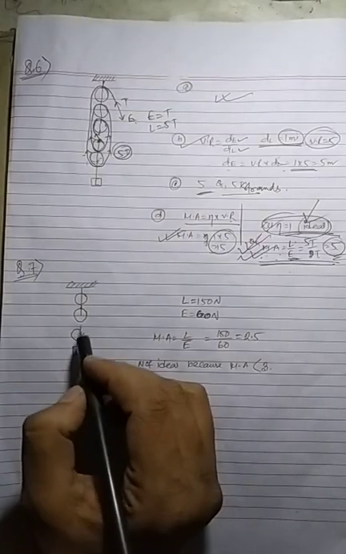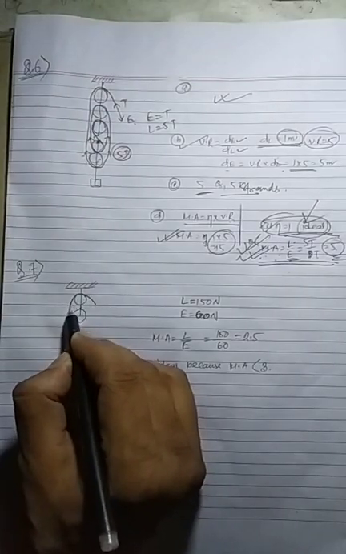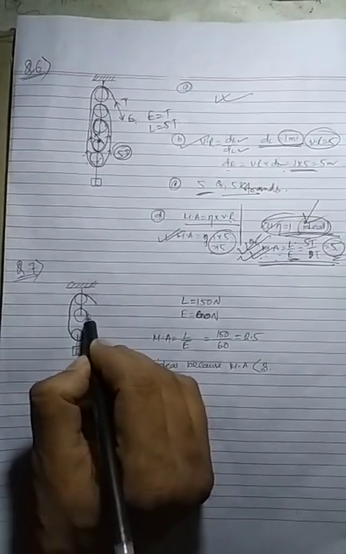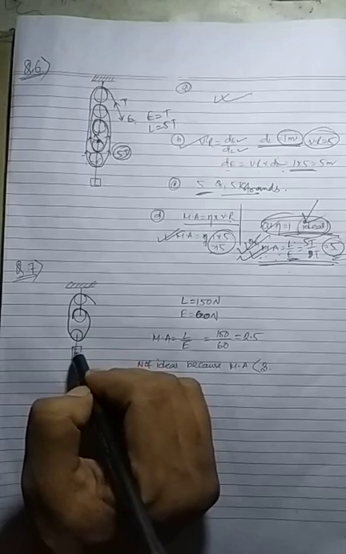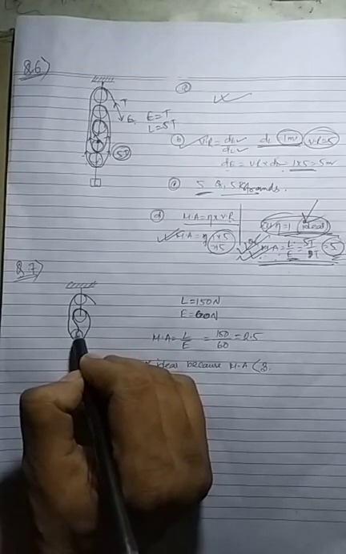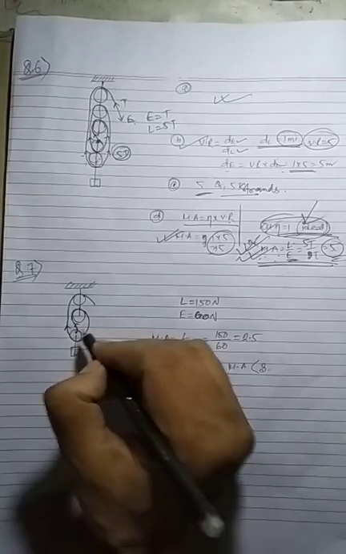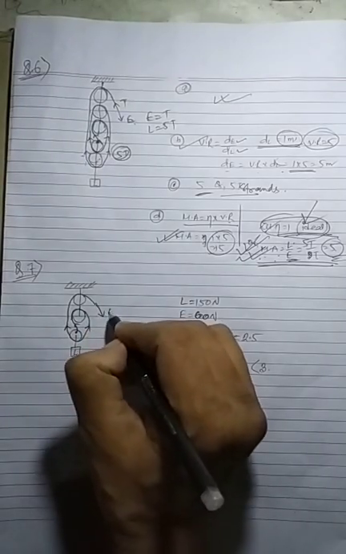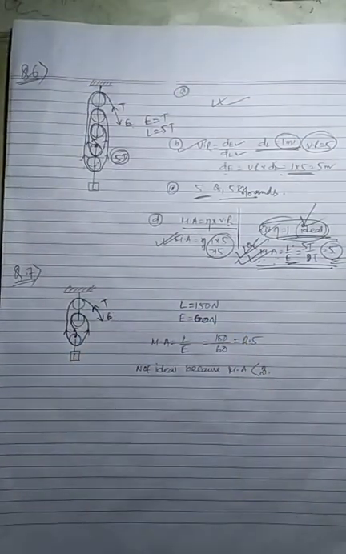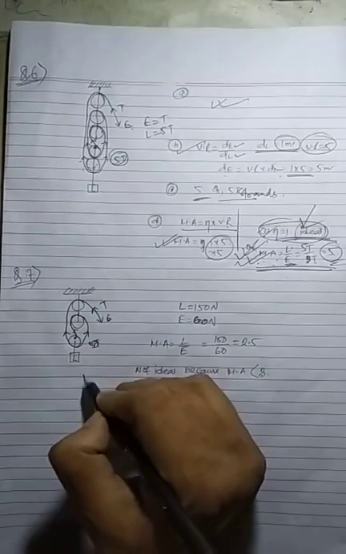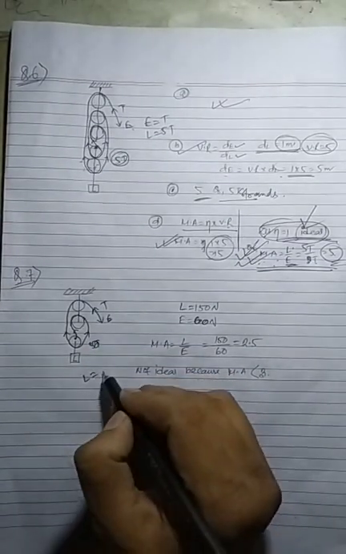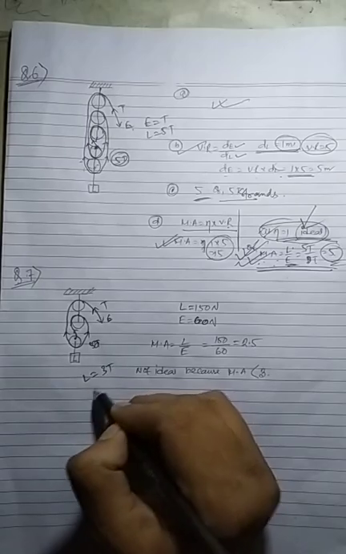Now the last question, number 7. You have to draw the pulley. Velocity ratio 3 means 3 pulleys, which I have drawn here. Push the rope here, then here, then come and bind here like this. So 1 2 3: 3T will be there, and 1 effort balancing 1T. So load is equal to 3T, effort is equal to T.